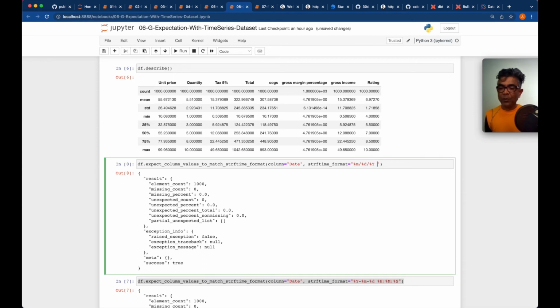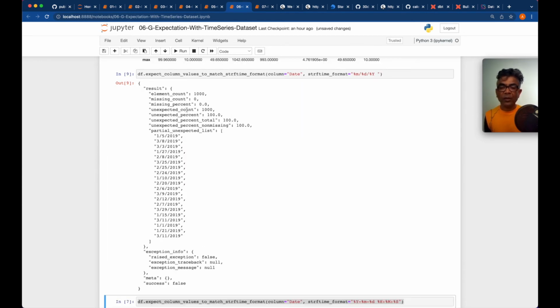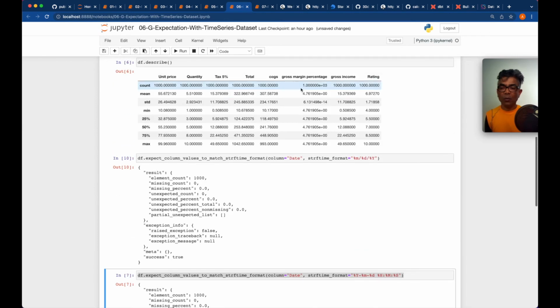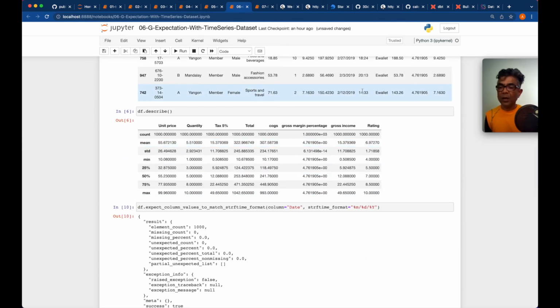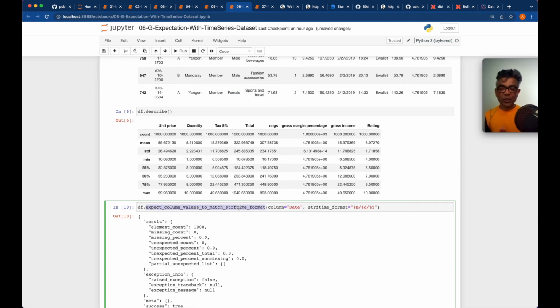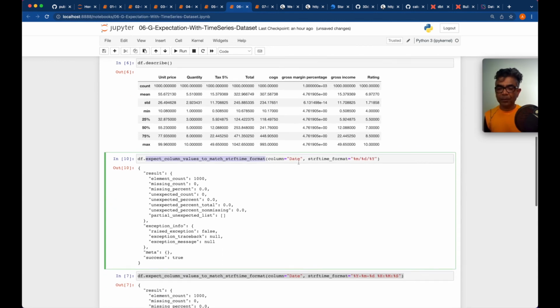If we just put one space here, as you could see, an immediate error happened because that format got changed here. So we have to make sure that the format our data is in has to be understood correctly when we are writing the expectation method. Here is the column, here is the format. So you have got very quickly this idea of how you could use the date related logic or validation logic